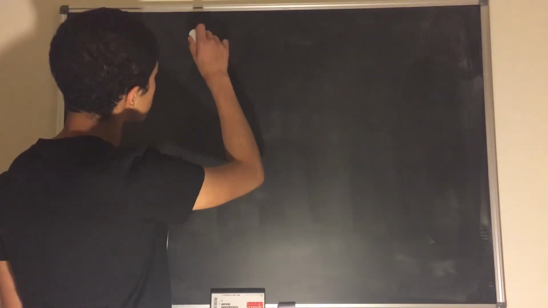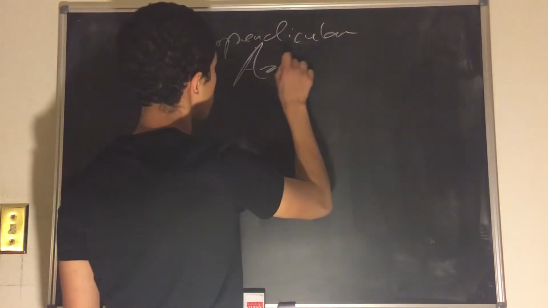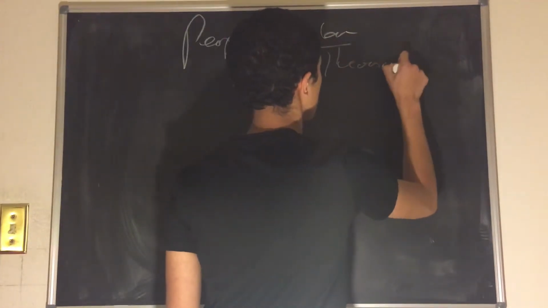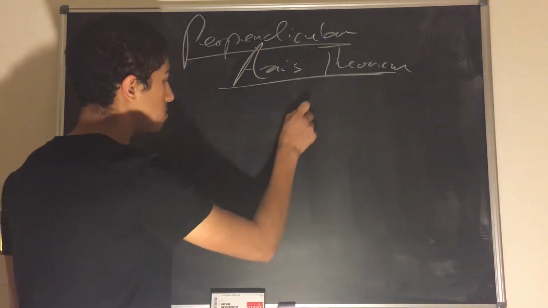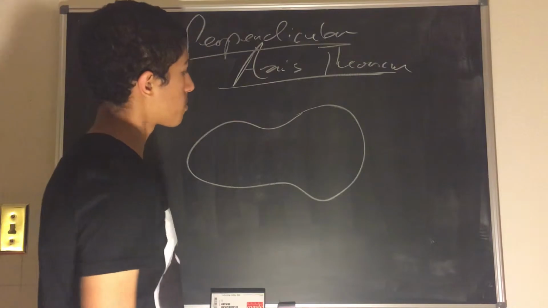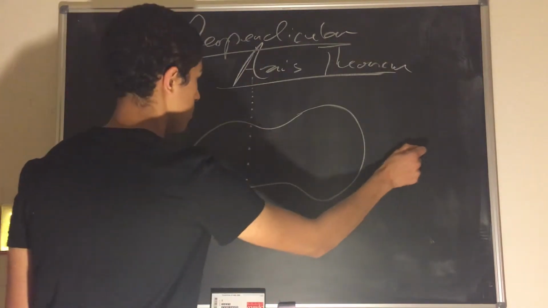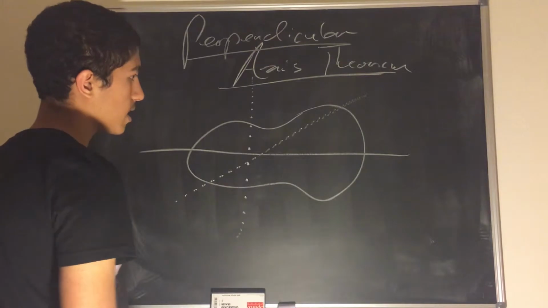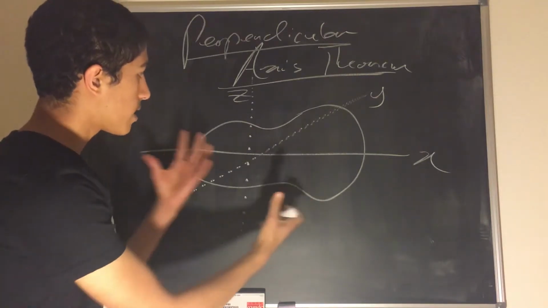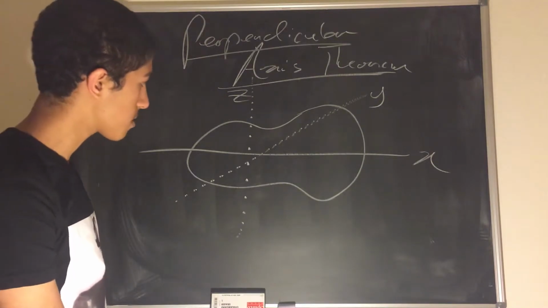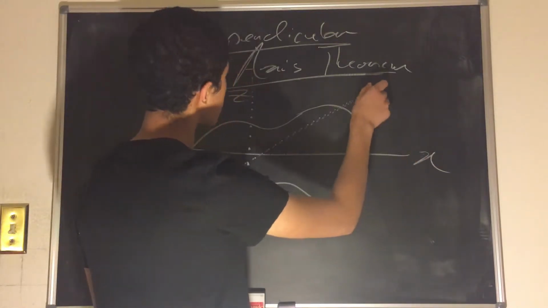So the perpendicular axis theorem says that if we have a rigid body, and we present this rigid body with three orthogonal axes, so let's take the x-axis, the y-axis, and the z-axis, and let's embed this rigid body in this three-dimensional coordinate plane, then the z moment of inertia is equal to the x moment of inertia plus the y moment of inertia,